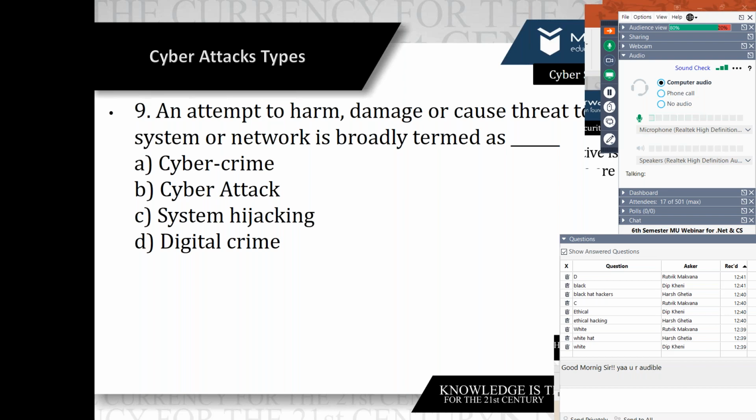Then Heli says B, cyber attack. I have written just three keywords: harm, damage, and cause a threat to a particular organization, network or system.